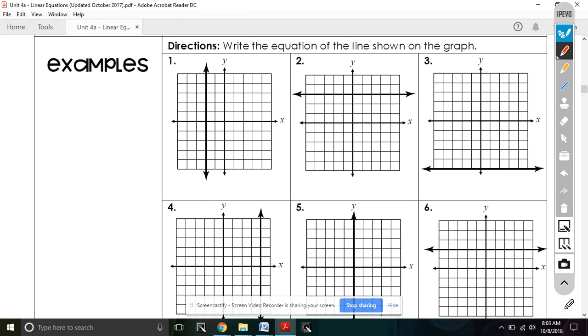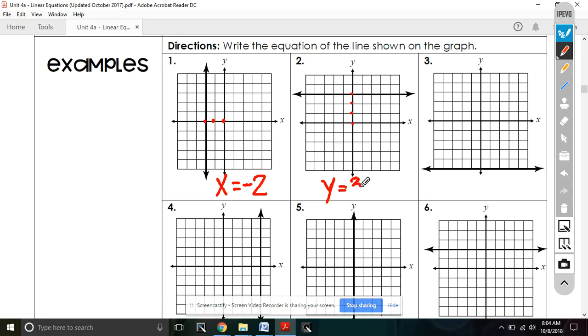Let's look at some. Number 1, this is up and down. This is a vertical line. Remember, vertical lines are always x equals. So in this case, what does x equal? This is 0, -1, -2. X equals -2. Number 2, this is a horizontal line, so it's going to be y equals 0, 1, 2,